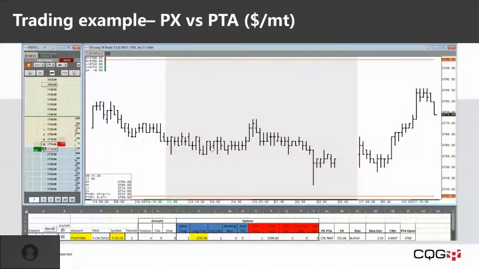As I said, that PX PTA spread is going to be a lot more interesting if and when PX becomes available onshore. There'll be a lot of opportunities, not only for the onshore offshore PX, but also, as I said, an aggregation between the two against PTA.